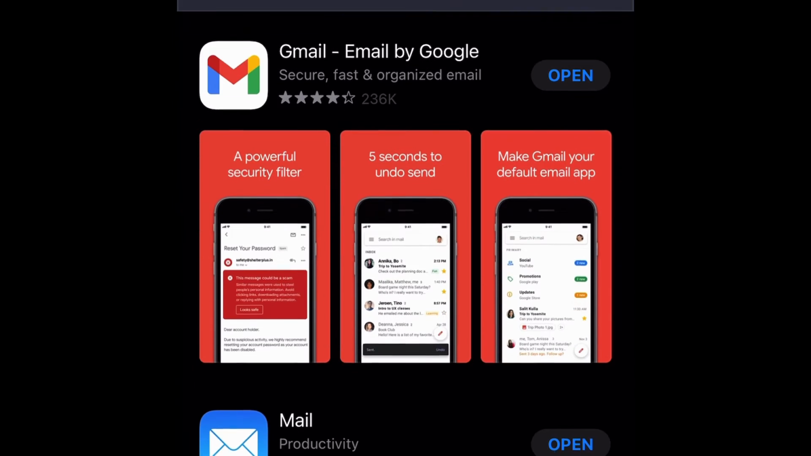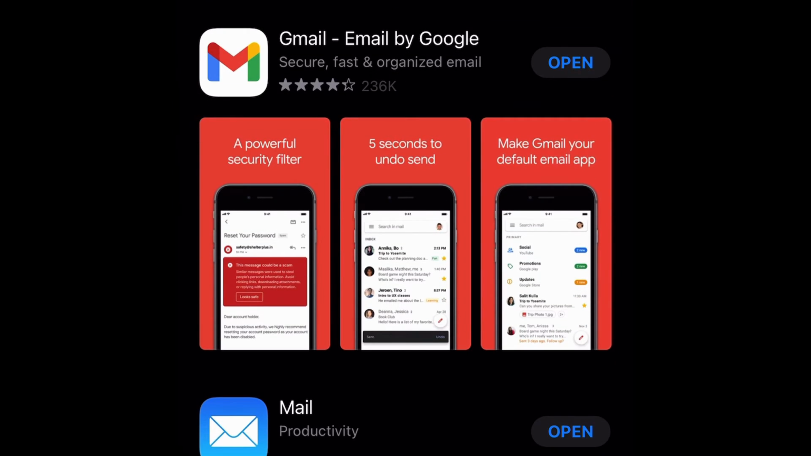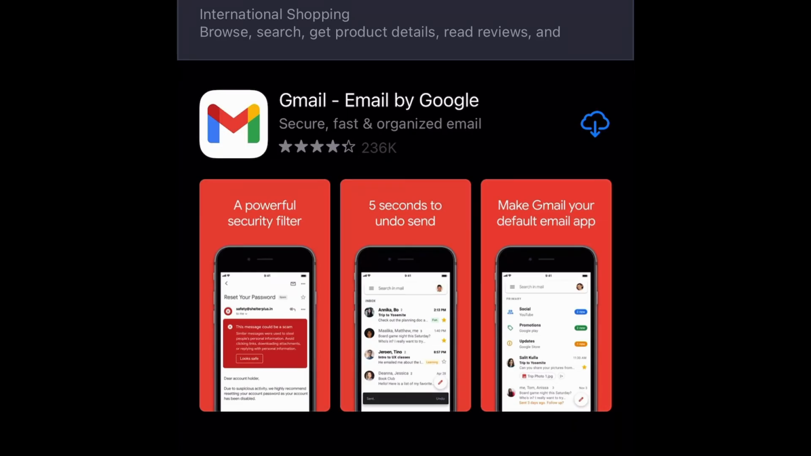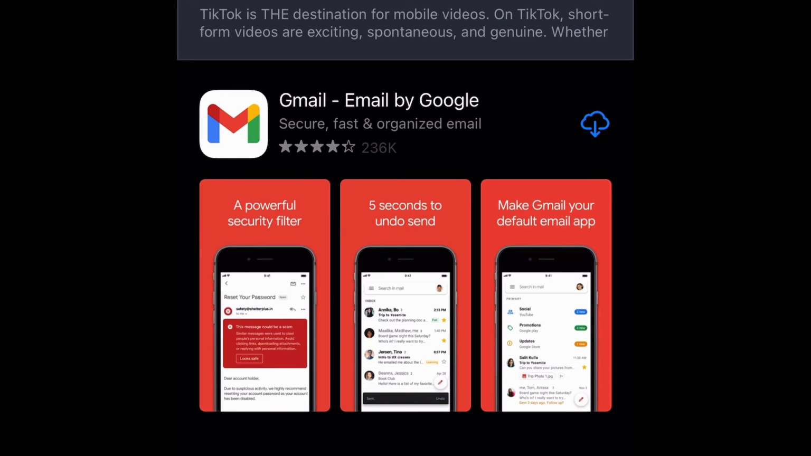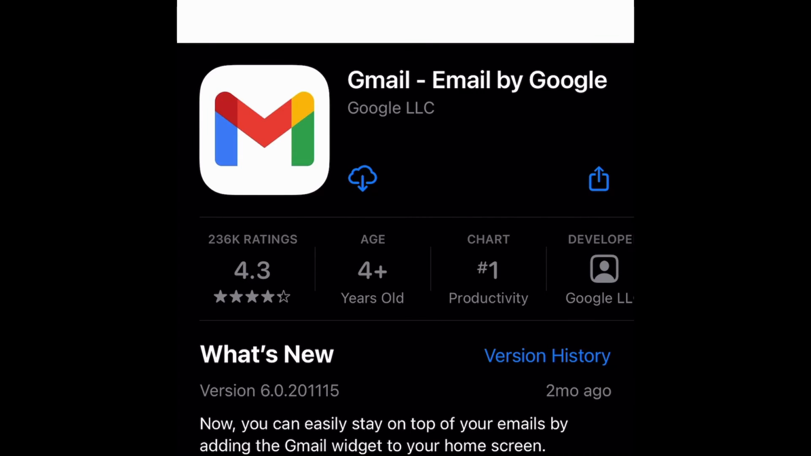And then we're going to scroll down to the Gmail app. It looks like this, a little colorful envelope. Normally, it would say Get, but because I've had this app previously downloaded before, it's this little cloud. So we are going to click on the app description, click on the little Gmail email by Google, and we can see lots of information,